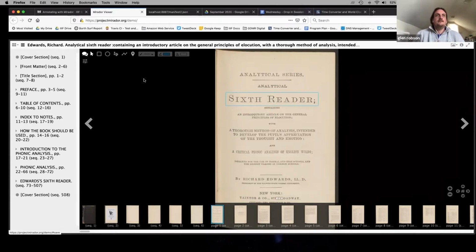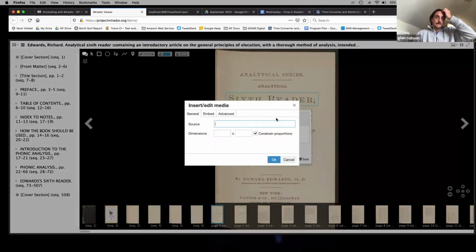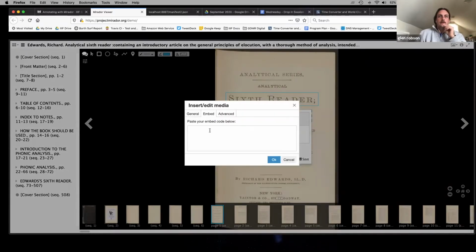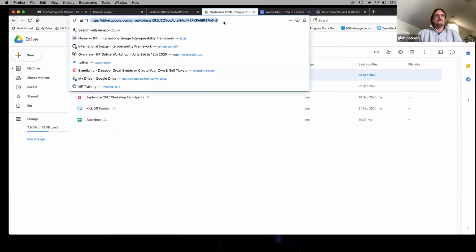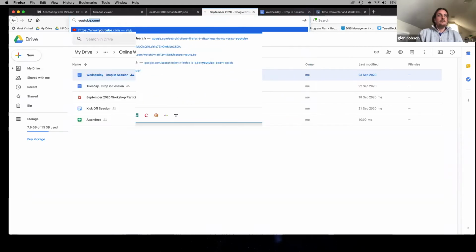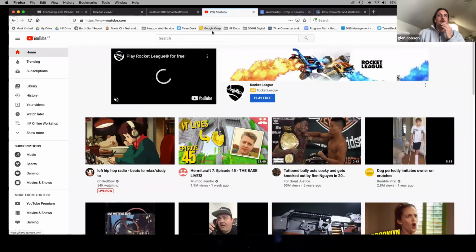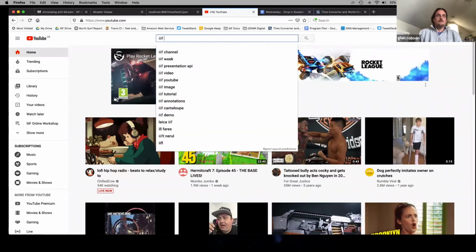There was a question about whether you can put in videos. So I think you insert edit media, and in theory, you should be able to paste your embed code here. I haven't tested this. So if we go to YouTube, if we go for IIIF,